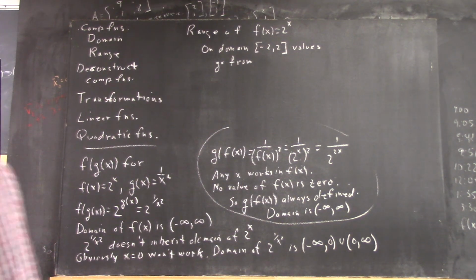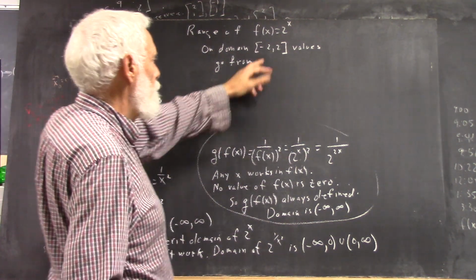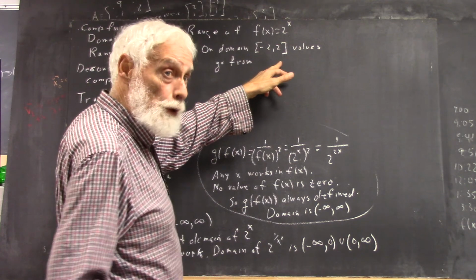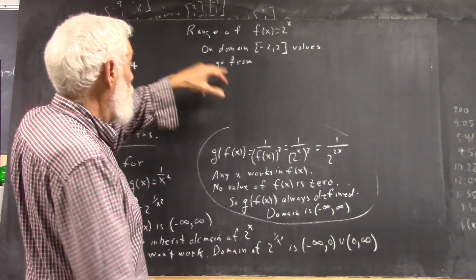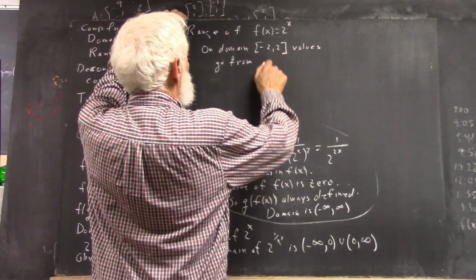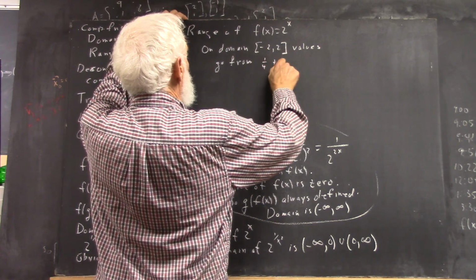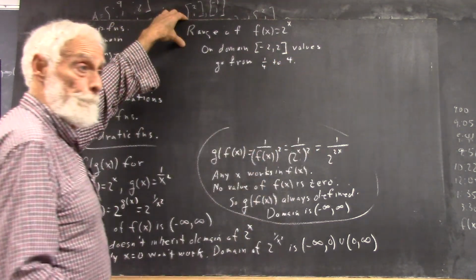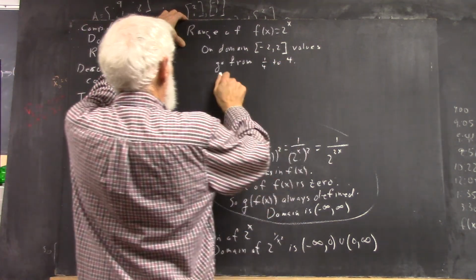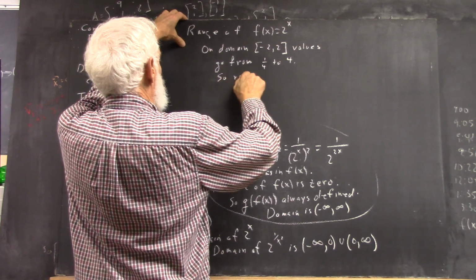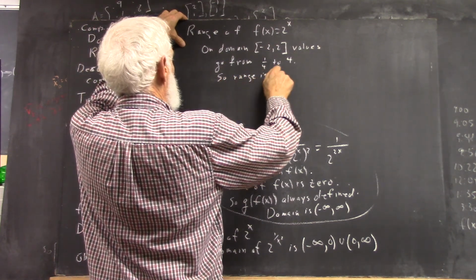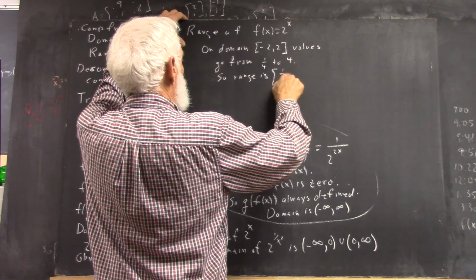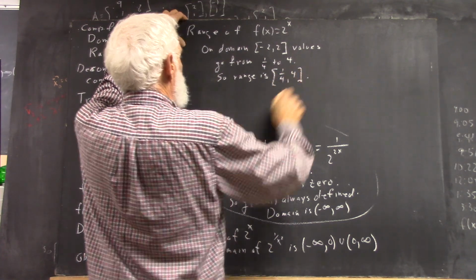Okay, we're talking about the range of f of x equals 2 to the x. So the domain from negative 2 to 2, we know from making our tables that the values of the function go from 1/4 to 4, right? Now,